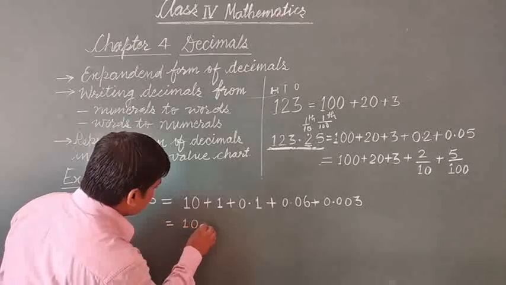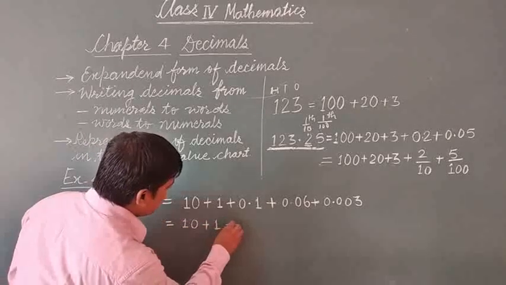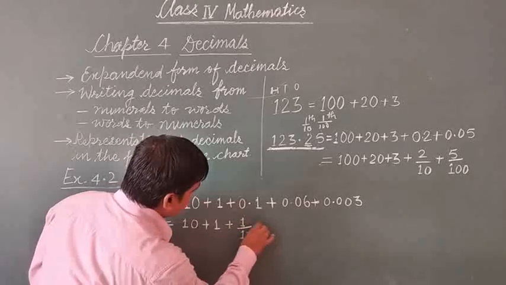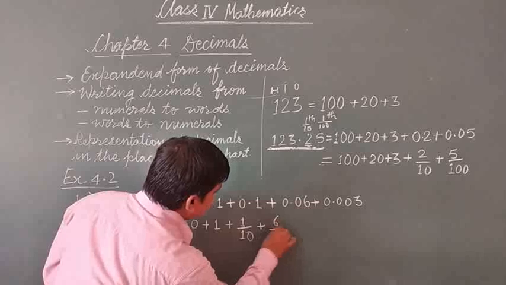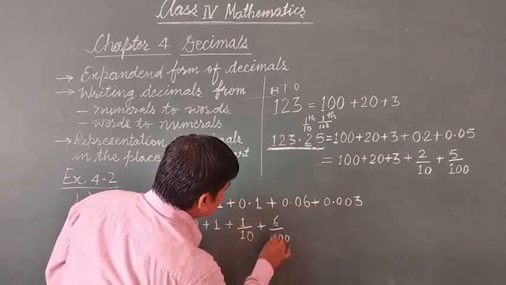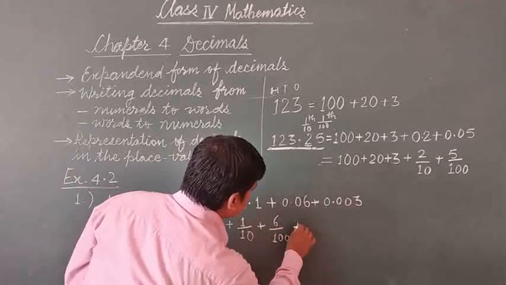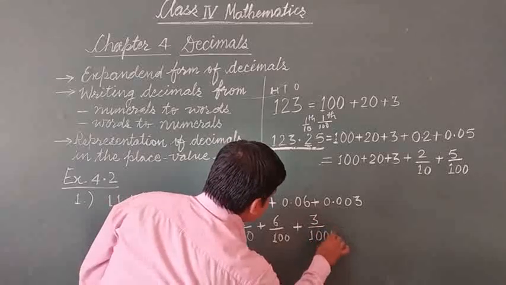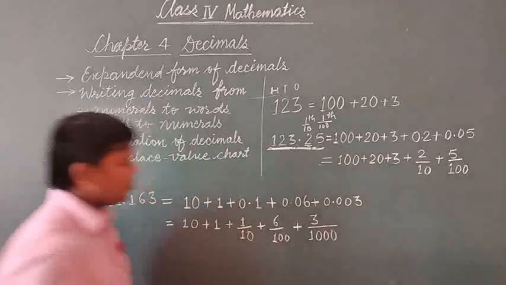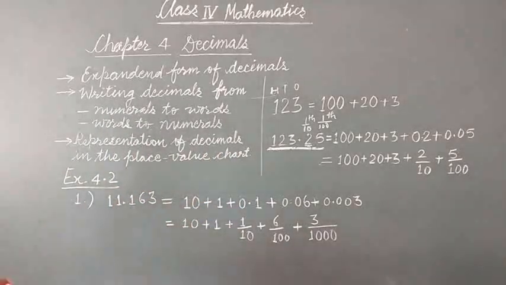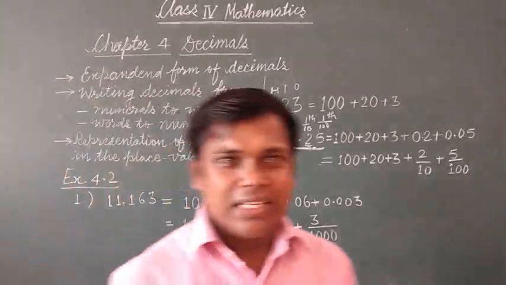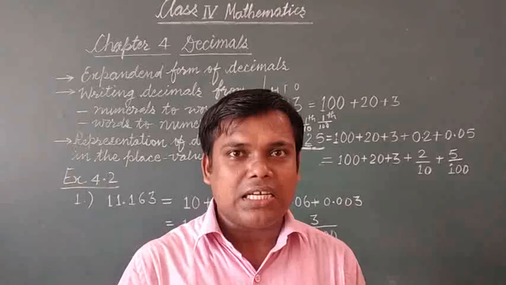10 plus 1 by 10 plus 6 by 100 plus 3 by 1000. Okay, so in this way you can write the expanded form of the decimals given in exercise